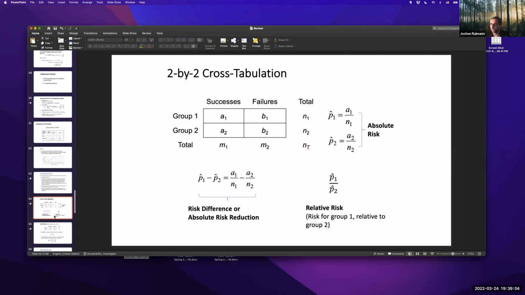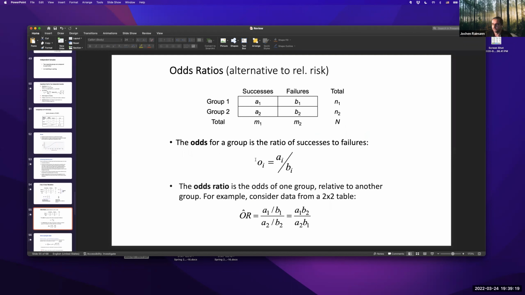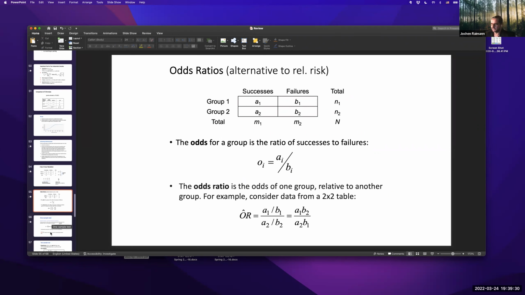So then we have the 2x2 tables. Please know how to calculate relative risk and absolute risks and how to distinguish between all these relative markers of risk. That's also quite important to know. Then you have the odds ratios. Understand the differences between an odds ratio and the risk ratio. Although they have some comparability, they are also distinctly different conceptually.